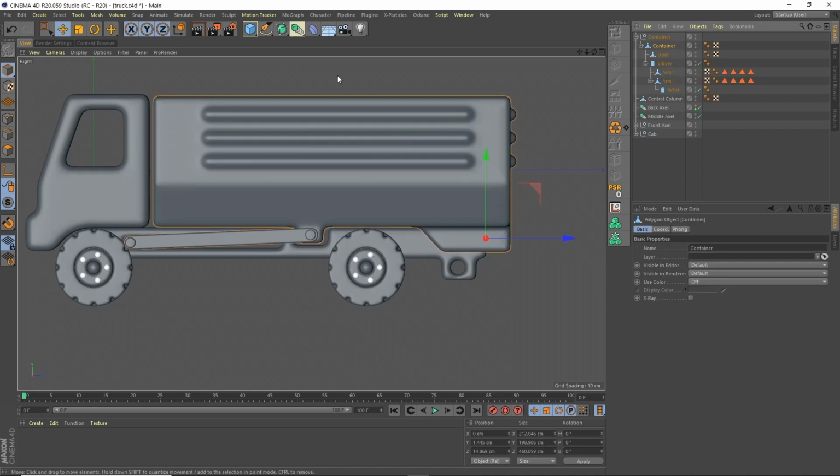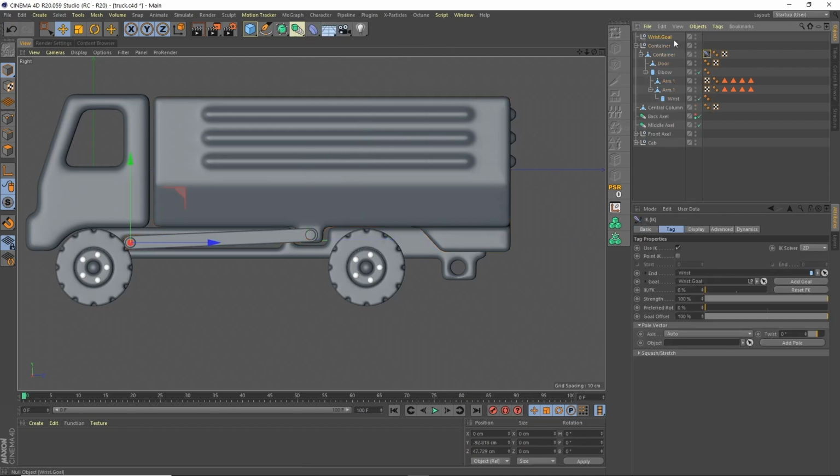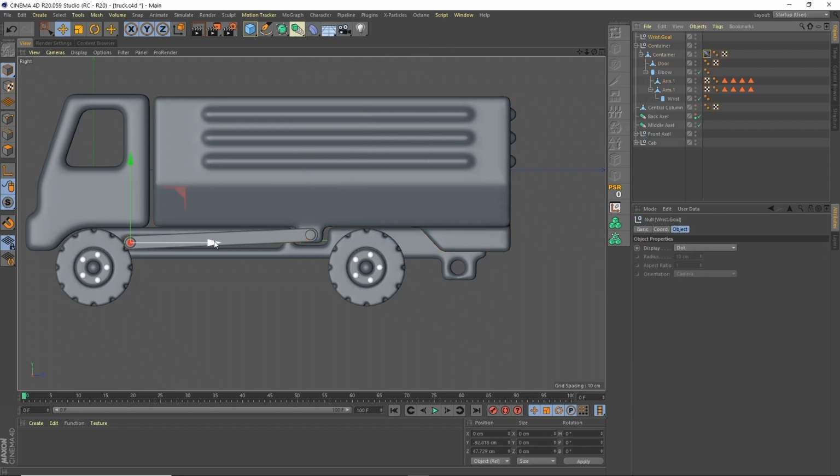So what we should be able to do, let's save this. Let's click the first part of the chain, which is the container. Then we hold down Control and select the wrist, the last part of our chain. And we go to Character, Commands, Create IK Chain. That's given us this wrist goal. And if I move this,